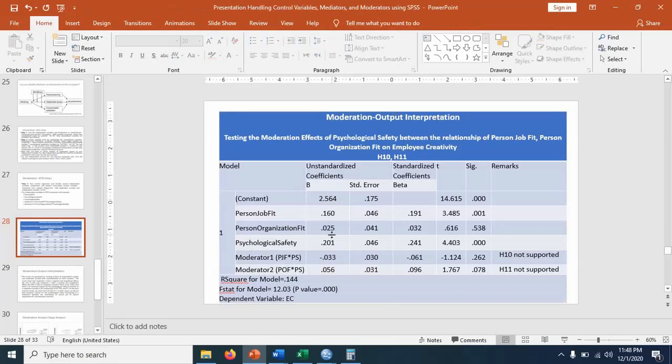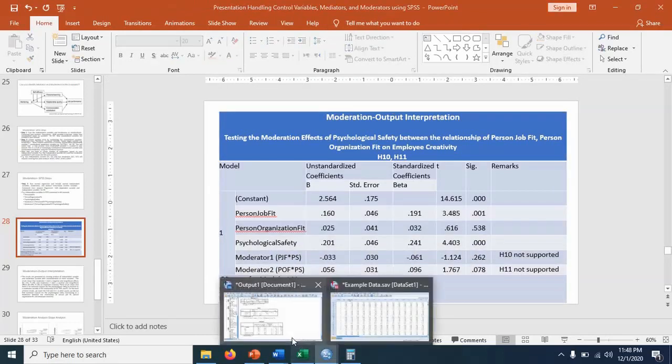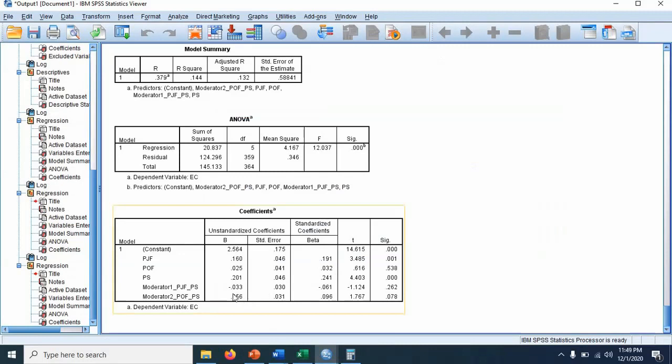So how do we interpret these results? I'm not going to explain these ones because these are not our main interest. In this model we are more interested in these results. We get the same results here, so this is moderator 1 and we are just interested in checking its significance value, because this is 0.262, which is greater than 0.05, so this moderator has insignificant effects on